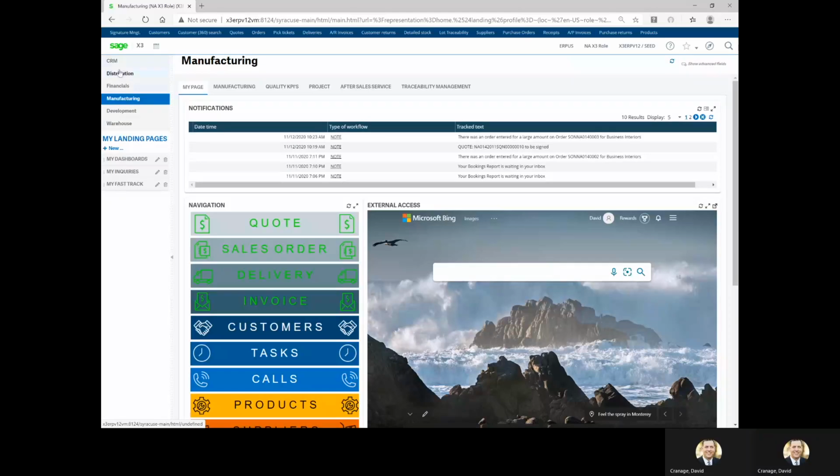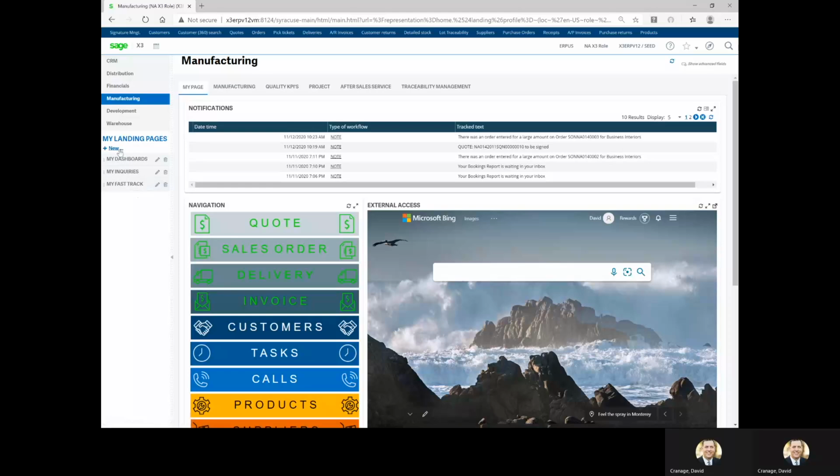So landing pages are access that I've been given to specific design tabs, and those design tabs allow me to access everything from a visual process map to a query or inquiry or report, or whatever it may be. And the whole idea of landing pages is to customize the user experience around the requirements that user has in their everyday activity. You can, as I said, provide by role standard landing pages, and then you'll notice down below